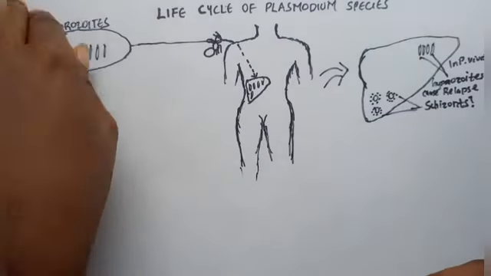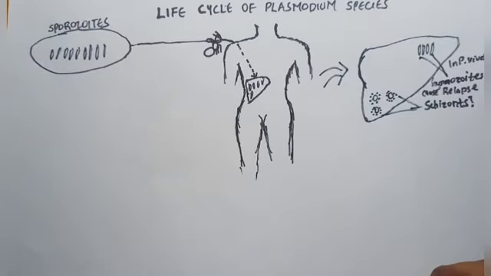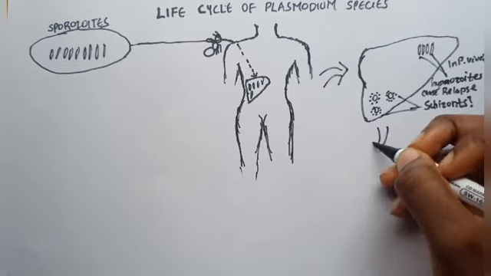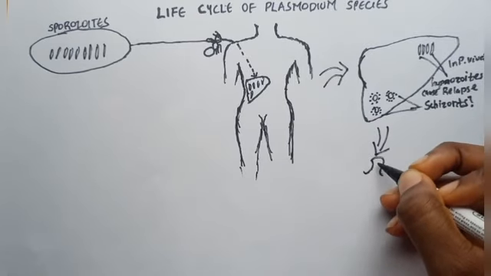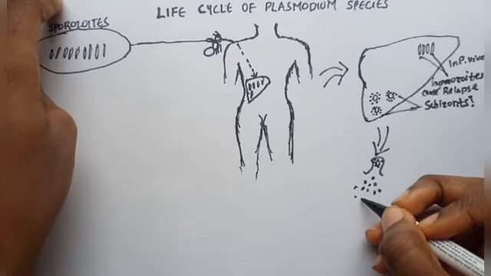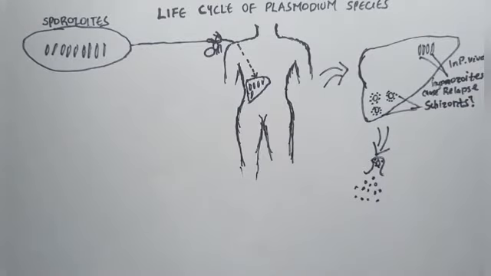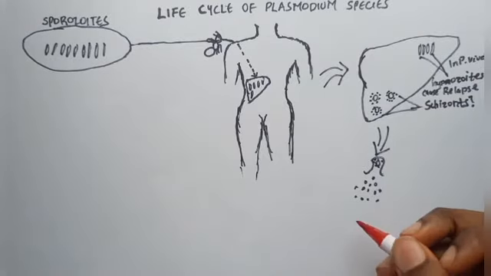Okay, just to recap everything we said. An infected female Anopheles mosquito injects sporozoites into the body. They enter the liver. Some mature and some do not mature immediately in particular species. So the ones that mature form schizonts, and the mature schizonts rupture to release merozoites into the blood. This first stage I have just discussed is called the exoerythrocytic stage, meaning outside red blood cells. Okay, so let's move on.